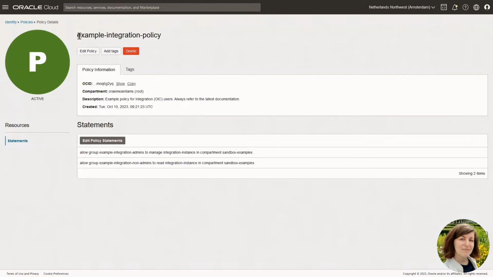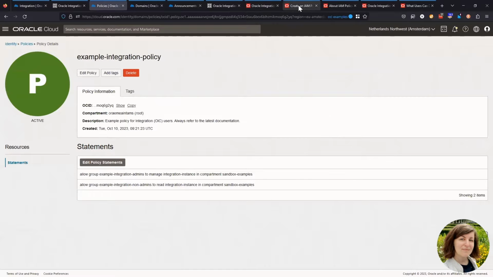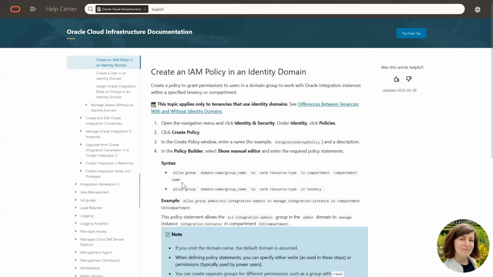Let's look at a relevant example for integration users. Now, the policy syntax in Oracle Cloud is like this: allow group, and then domain name / group name, to, then a verb, then the resource type, and the location: in compartment name, or in tenancy.